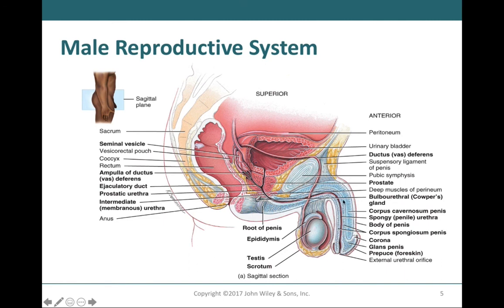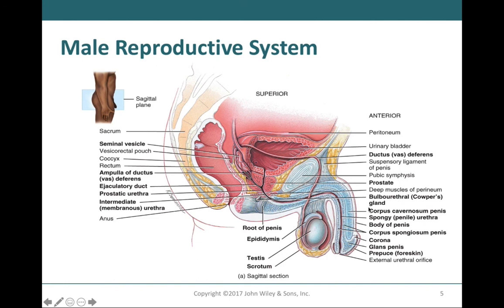The body of the penis is often referred to as the shaft of the penis, and the head of the penis also gets its own name, known as the glans penis. The glans penis will contain the corona of the glans as well as the prepuce, often known as the foreskin. The shaft of the penis specifically is made up of three different columns known as corpora cavernosum and the corpus